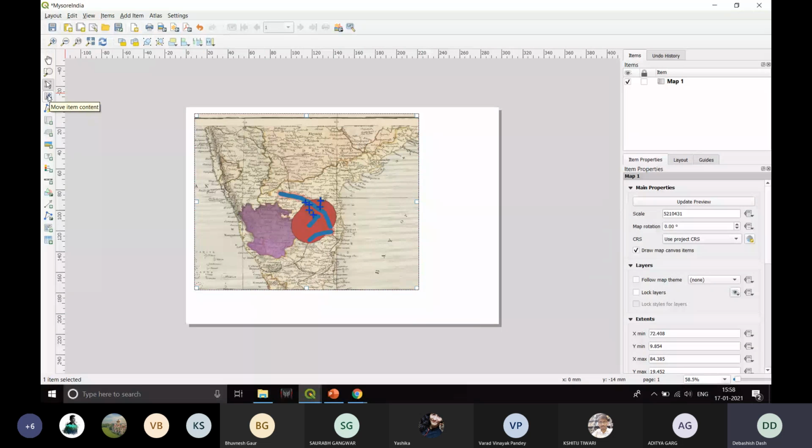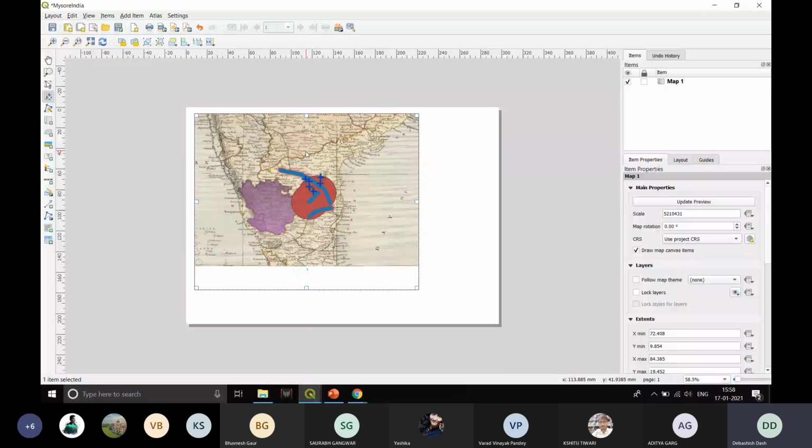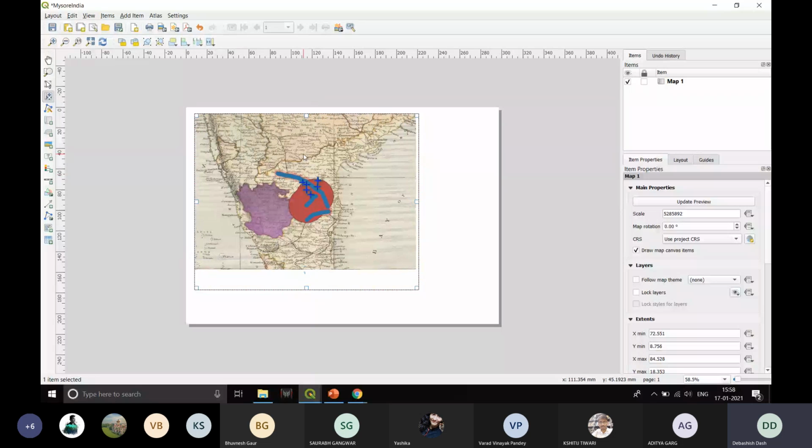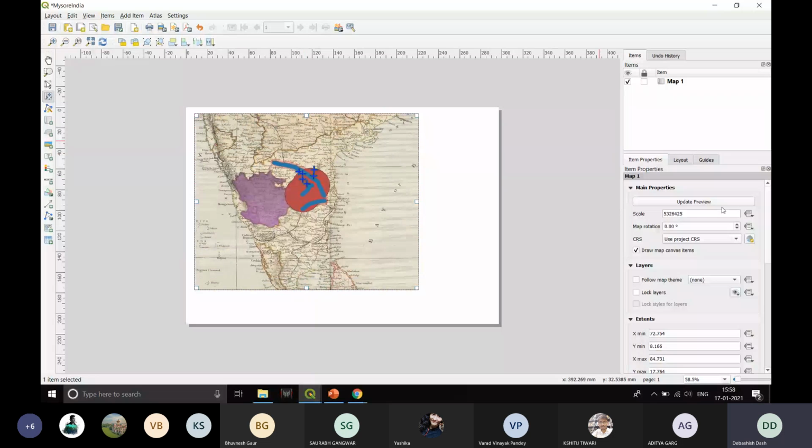And I'll just adjust the content for once. Yeah, this is fine. And now here you have different things. Okay, so here you have an option to lock the map. So basically what you do by locking is you fix its position in this place, in this drawing sheet. Basically you fix its position so that any further changes that you make won't change the position of this map where you have placed it. So I'll just lock it.